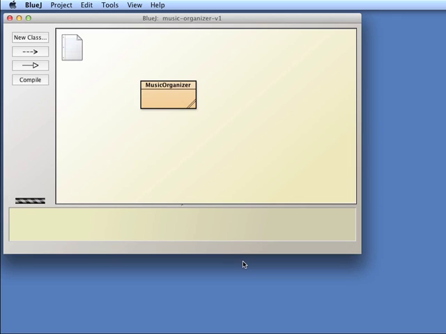In this video note, we're going to work with the Music Organizer project. This project recognizes that we don't always need to build everything from scratch. The idea behind the project is that we want to store a list of the audio tracks that we have on our computer. In this version, we'll simply store the list of audio file names, but in later versions we'll